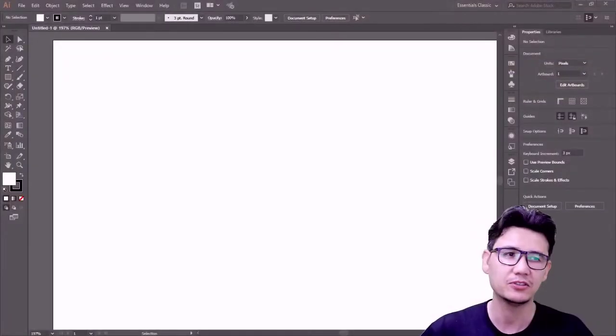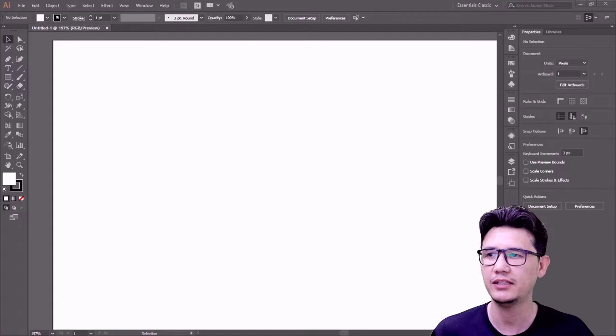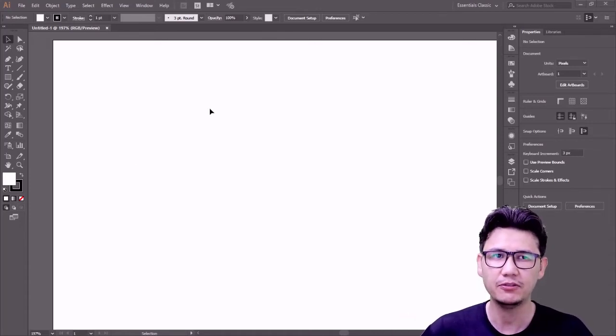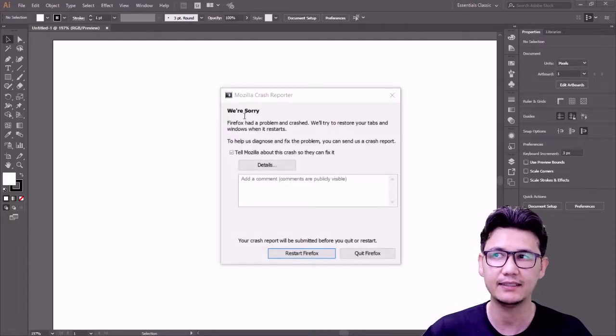And for that I'm going to take you to my computer screen, and you can see I have Adobe Illustrator. You can easily download Adobe Illustrator and install it. But before moving on to designing